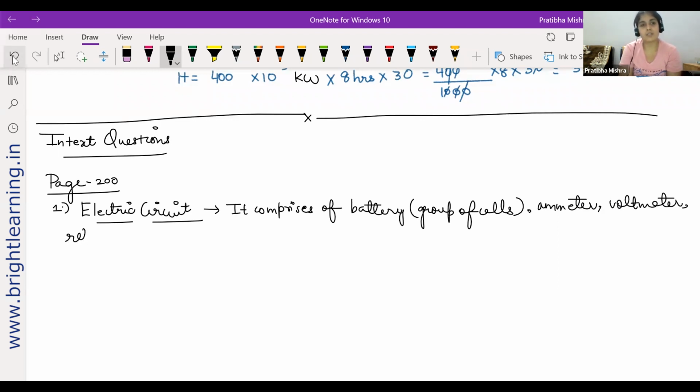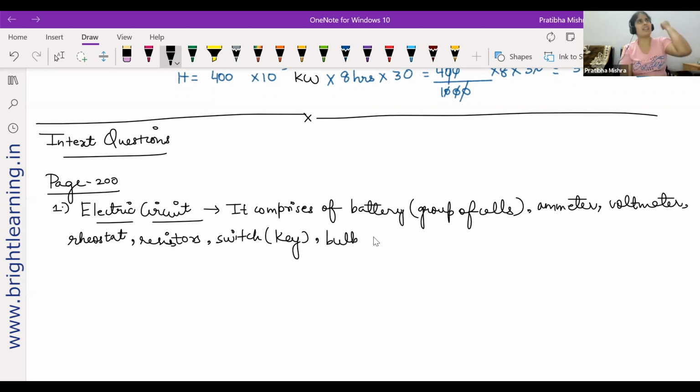It will have a rheostat. What is a rheostat? It is a device used to vary resistance. Actually, you can have resistors, which provide resistance. Then you have switches, which are also called keys. Which kind of switch? A closed switch, not an open switch, because if the switch is open, the flow of current will not take place. What else? You have a bulb, right, etc.